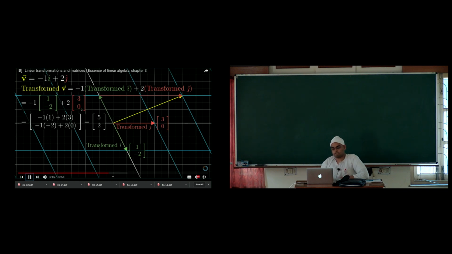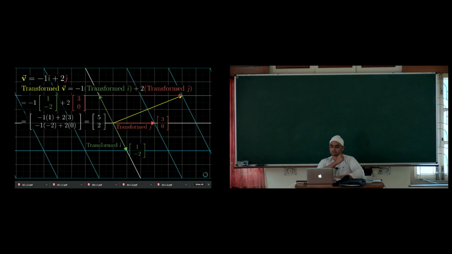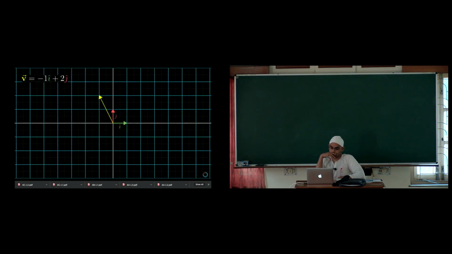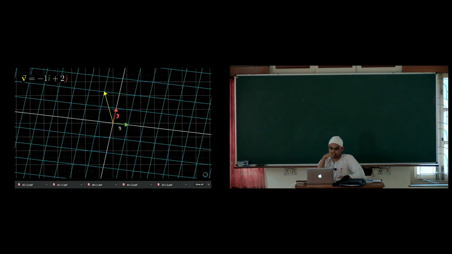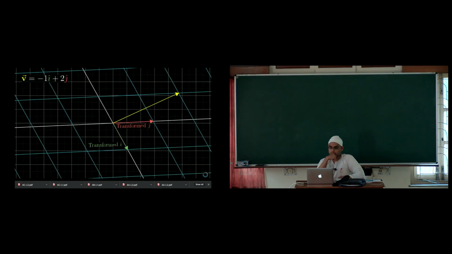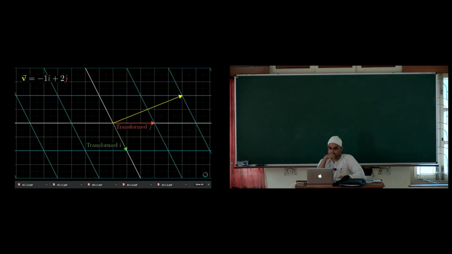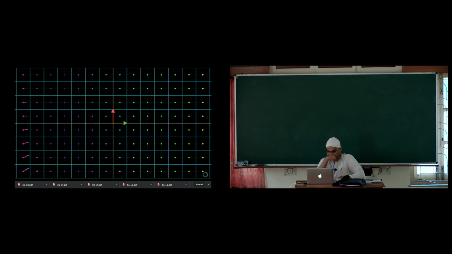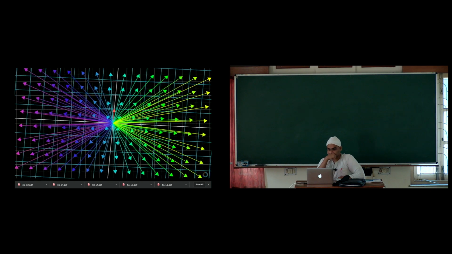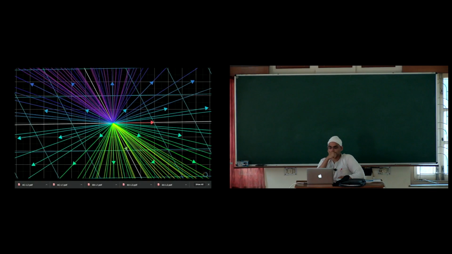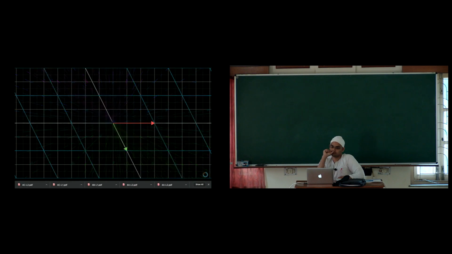This is a good point to pause and ponder, because it's pretty important. Now, given that I'm actually showing you the full transformation, you could have just looked to see that V has the coordinates 5, 2. But the cool part here is that this gives us a technique to deduce where any vectors land, so long as we have a record of where i hat and j hat each land,